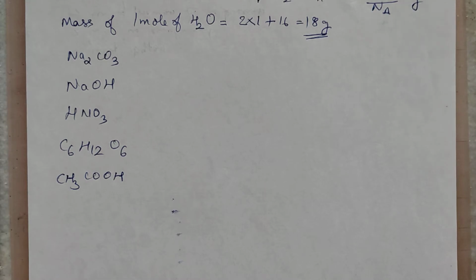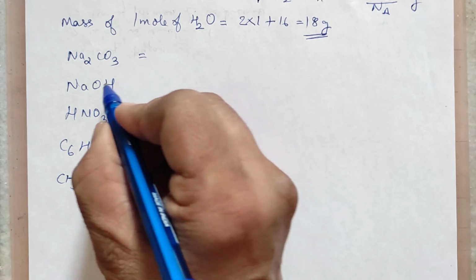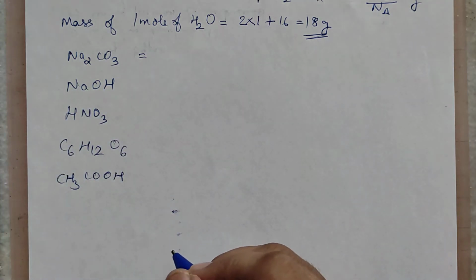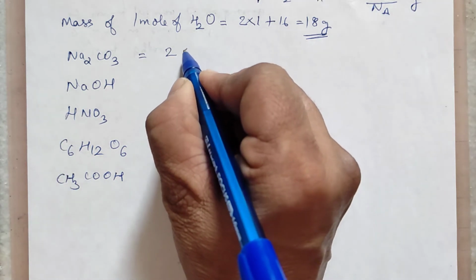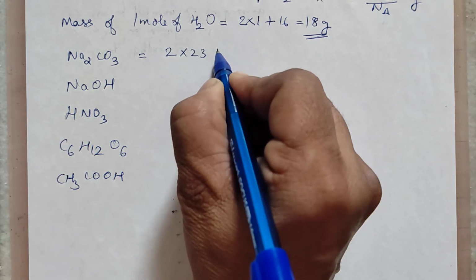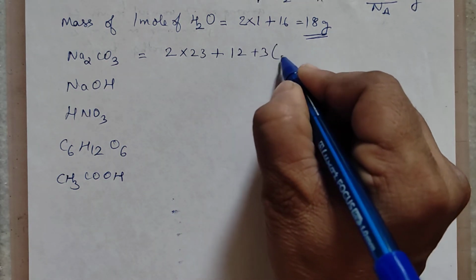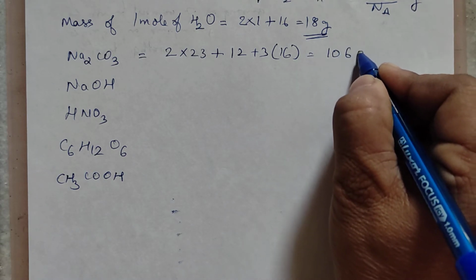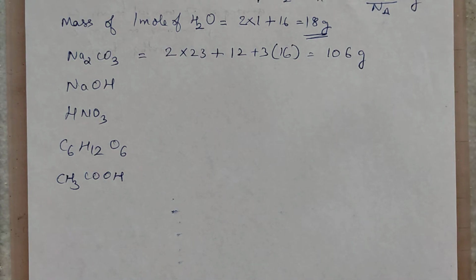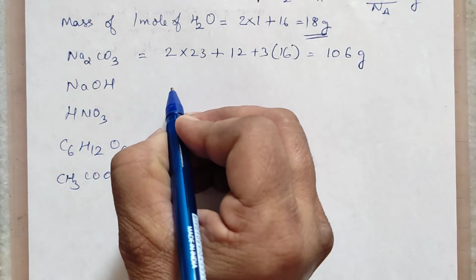Now let us calculate the molecular masses of some species, say sodium carbonate, I am writing. You can simply put their atomic masses and calculate. So 2 into 23 for each sodium, because there are 2 sodium atoms, plus carbon is 12, plus 3 into 16, each oxygen is 16. Put together you have the mass as 106 grams. Directly we are writing it in grams itself. We are not writing in AMU.